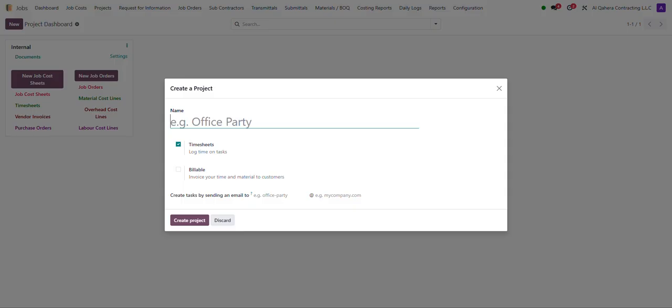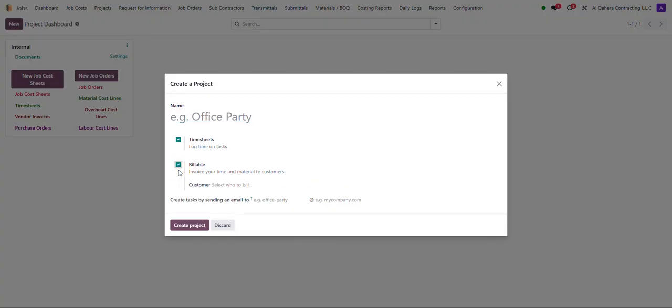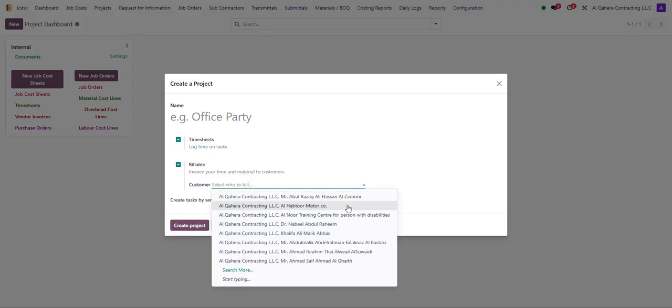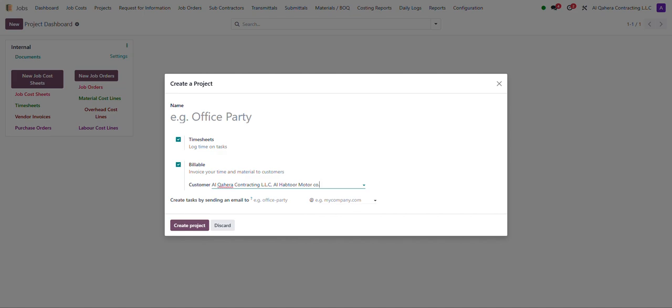Right now, here you have to write down the name of the project, the timesheet we have selected by default, and is this project billable? Meaning I can actually send the invoices of the material being purchased to the customer. Yes, so we can select this one. And then we have to select the customer from here, whatever the customer is, and